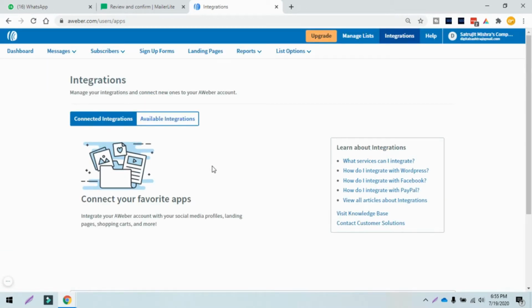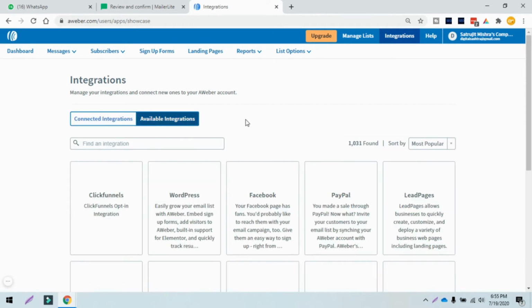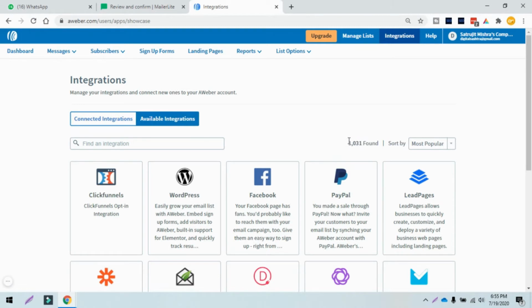To be honest, guys, I have never seen this many integrations with any other tool in the market. Once you click on available integrations, it will show you that 1031 integrations are live. Seven days ago, I was checking it, it was around 1012 or 1020. Basically, they are adding integrations every single week.